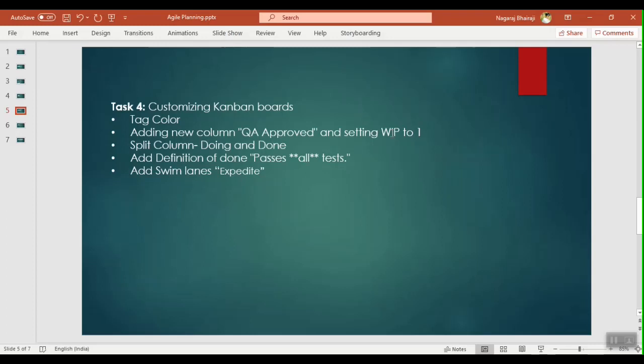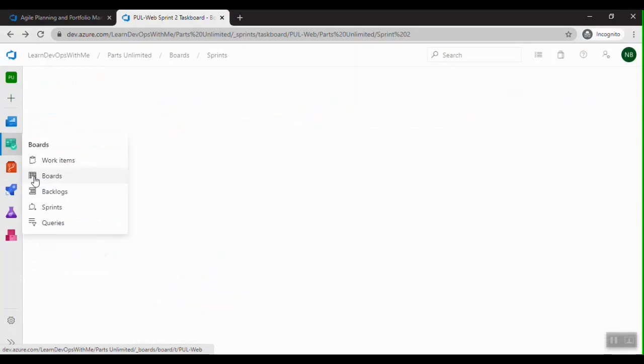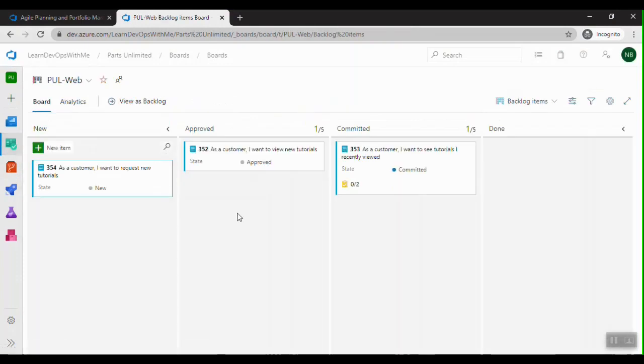So also, there's a general process like, let's say, let me go to the boards. So we have approved, committed, and other states, right? But let's say we introduce this new state called QA, right?